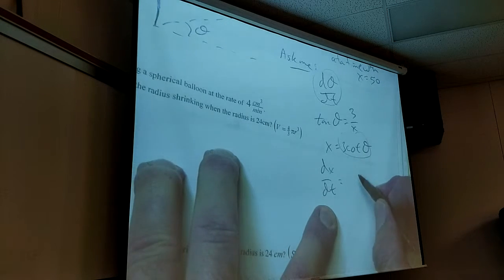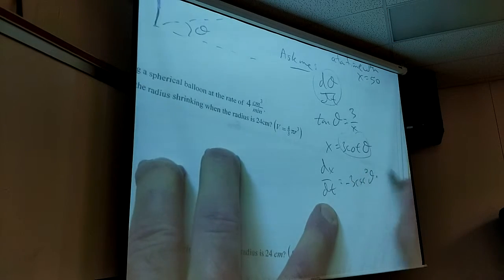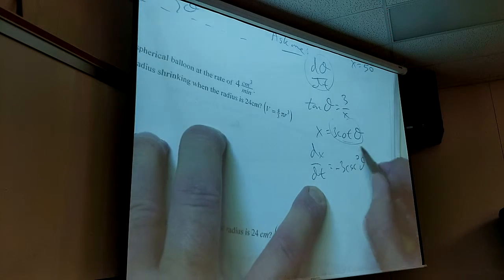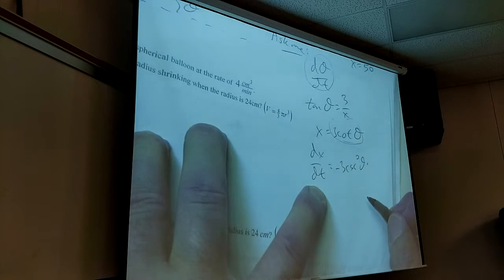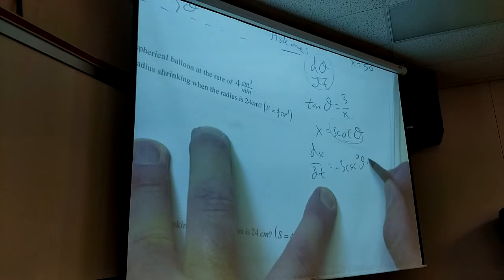Negative cosecant squared, so it'll be negative 3 cosecant squared theta times, what's the inside function? What's inside cotangent? Theta. So what do I need to multiply by? The derivative of the inside function, right? Which would be,